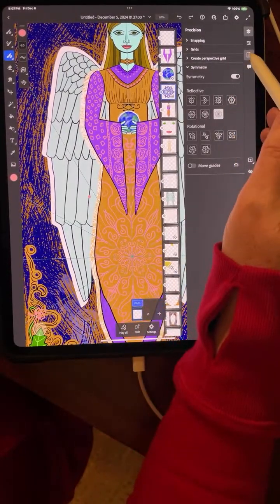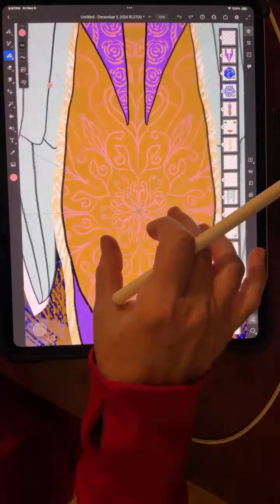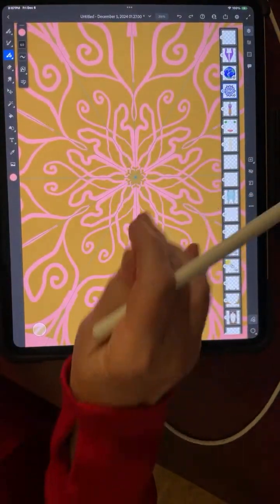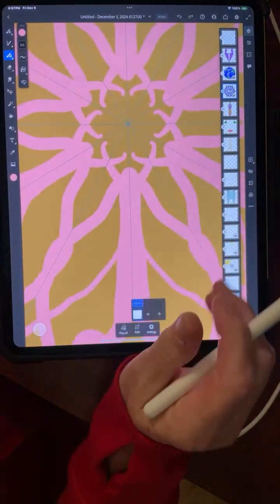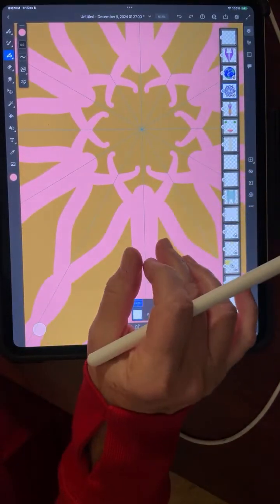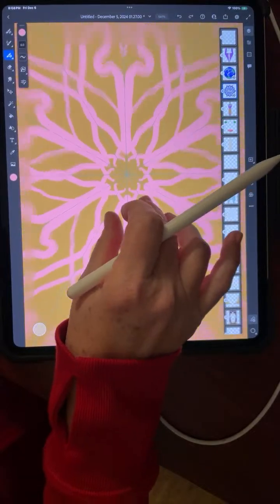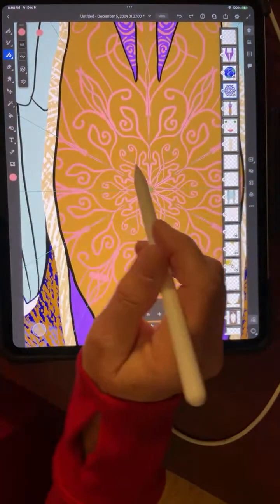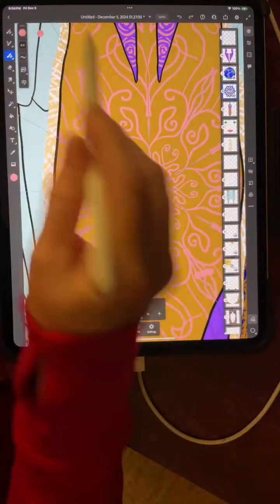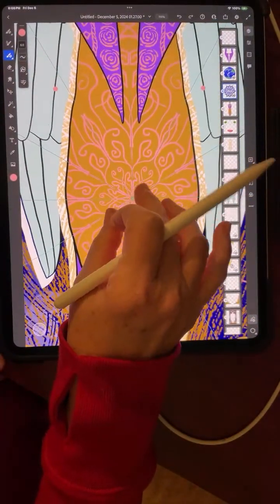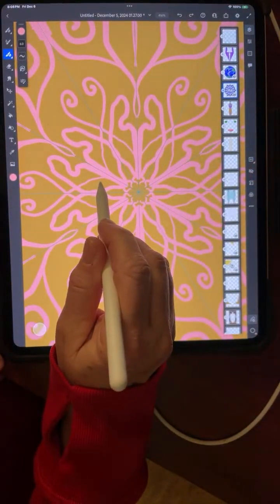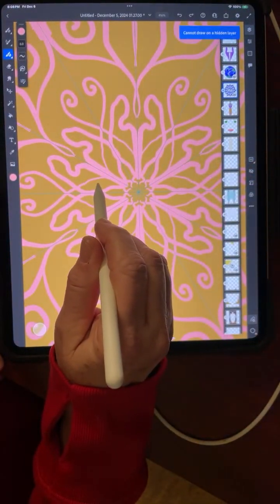And let me see if I can go up close and show you. You see those blue lines? If I go really big, you might be able to see those blue lines. That's my guideline for the symmetry. And because I have the paintbrush open already, I'll just go ahead and show you how that works. Like if I do a dot here,